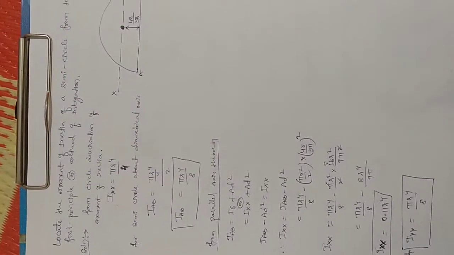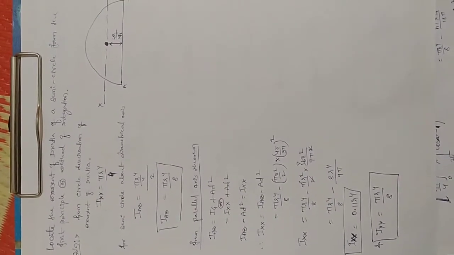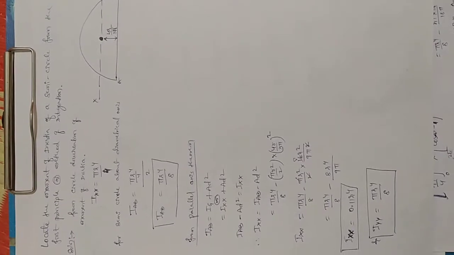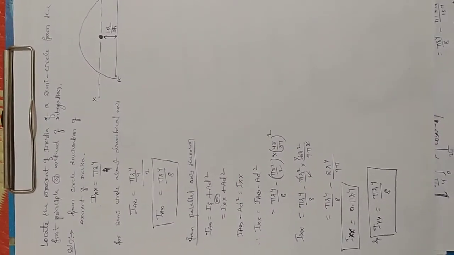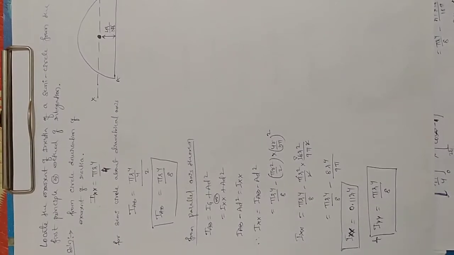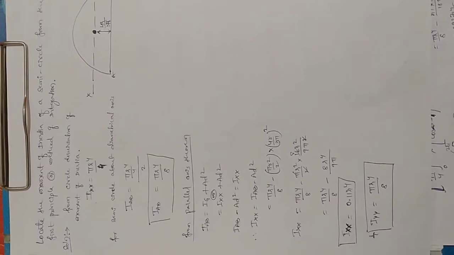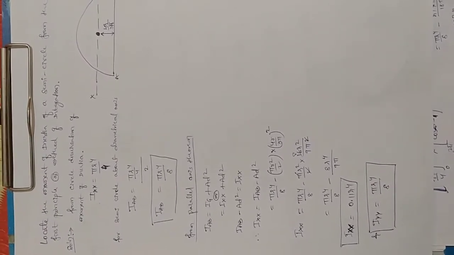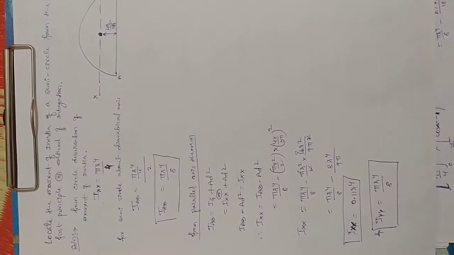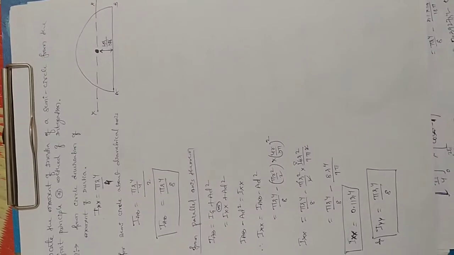In the last class, we discussed how to locate the moment of inertia of a circle. Now, in this case, we are trying for a semicircle. I have made it simple, because again we have to start with considering an elementary strip, but as per the marks allotted in the examination, we are supposed to solve. If it is asked in the examination for more than 8 marks, we have to start with this elementary strip. For a circle, we have taken the limit 0 to 2 pi. For a semicircle, it will be 0 to pi.